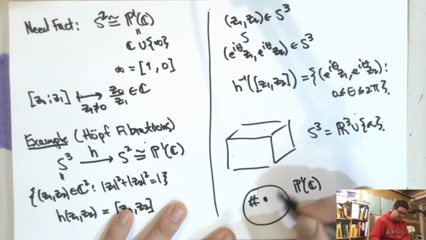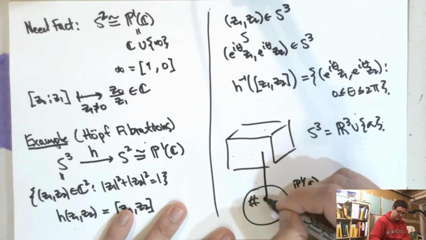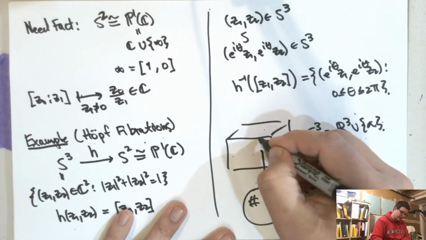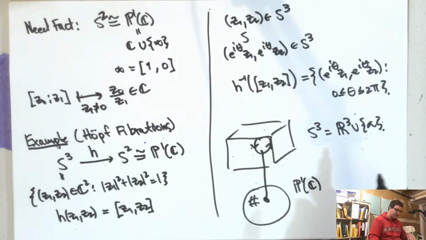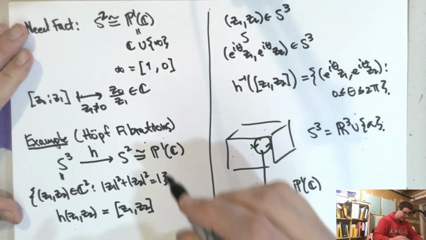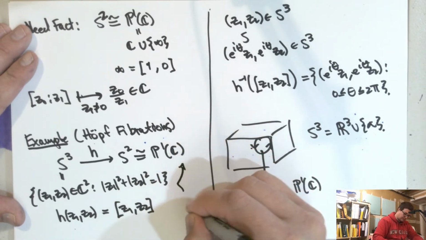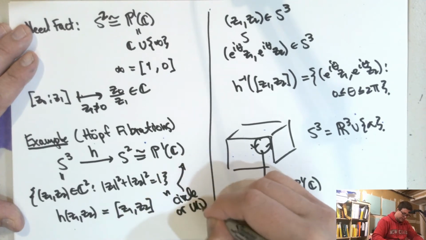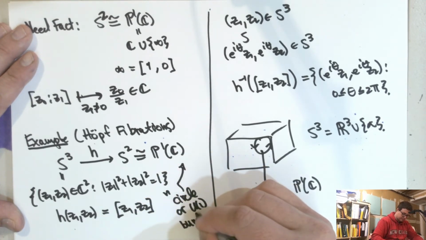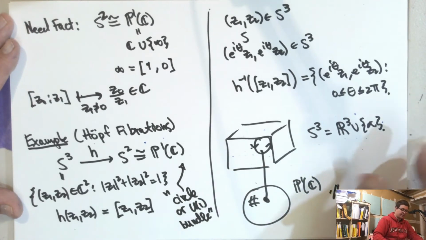If I take the preimage of a point on P1 of C, which is the complex plane union infinity, I get a circle. So there's a whole circle's worth of stuff, and this is what's called a circle bundle, or U1 bundle. We call it a U1 bundle because, let's recall,